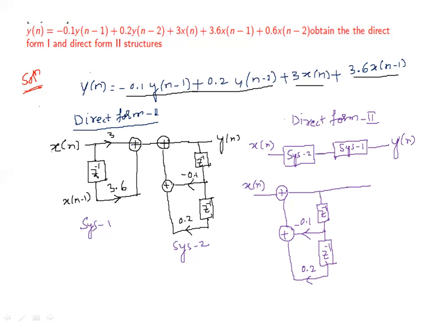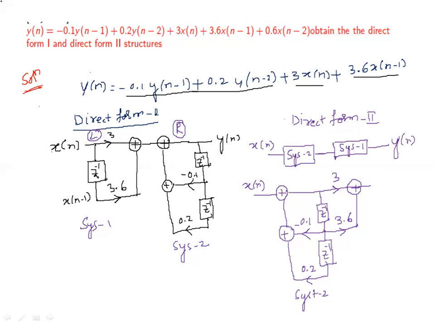This part I have just written as it is. This is the right side portion, and then again we need to write the left side portion. This is what we can call our system 2. And then I'm writing about system 1. System 1 has one delay element, so we will write it this way as it is. We are using just this delay element. So this is 3 and this is 3.6.